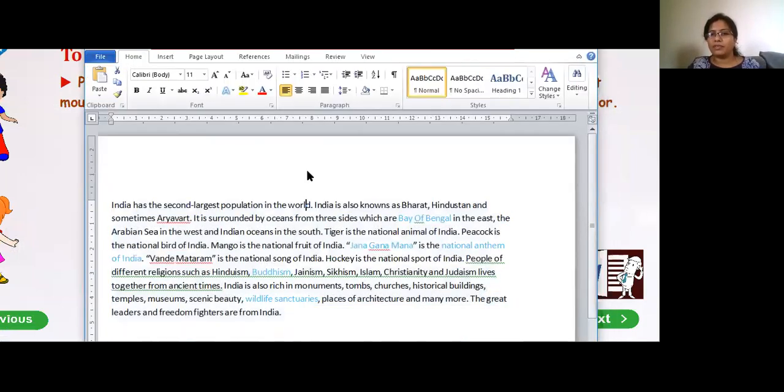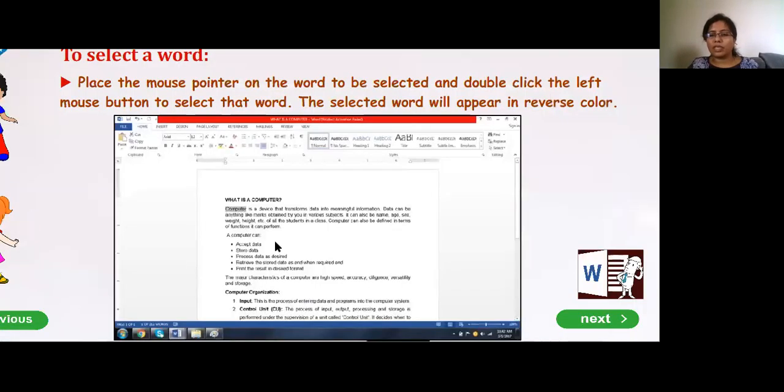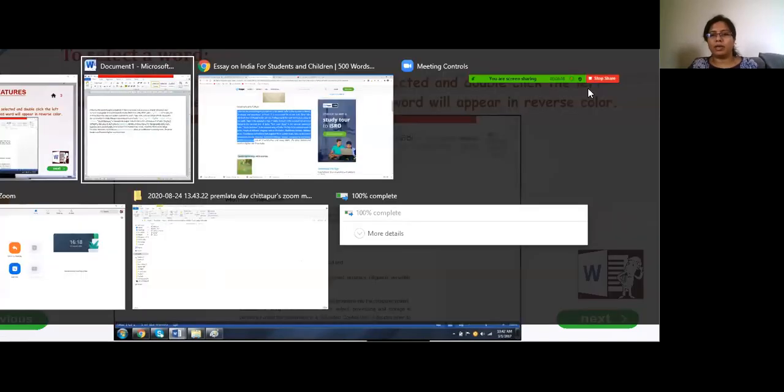See, children, I have written something about India over here. I want to make some changes on the word India. What is it telling us? To place the mouse pointer on the word to be selected and double click the left mouse button to select that word.